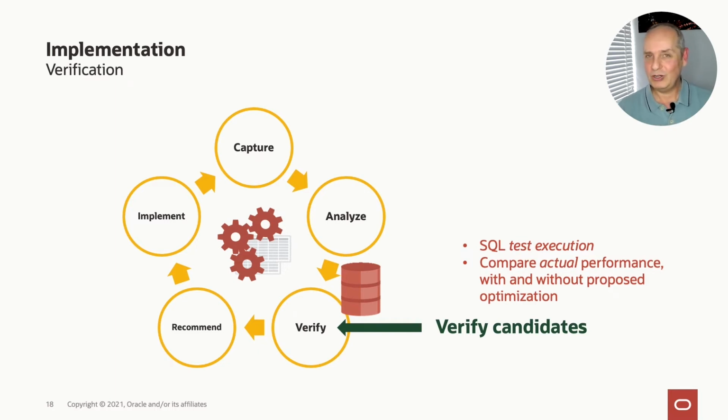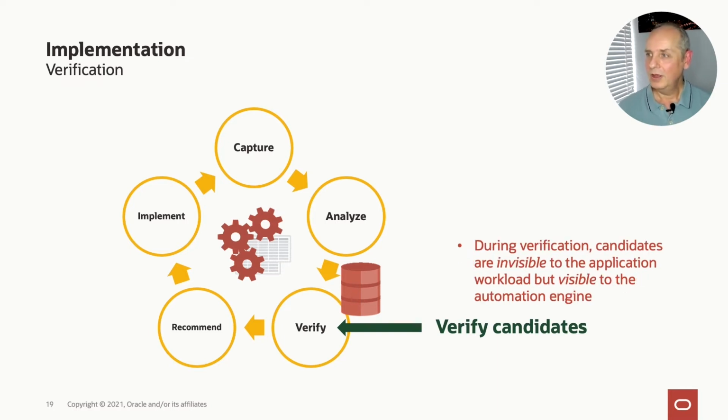There's also a trick in which we can hide that from the workload. So in other words, this is something we can do without the workload seeing these changes in advance. So to summarize, what we're doing is we are looking at what objects we might want to create. We can actually create those and keep them hidden from the workload until we have verified that those objects do actually add benefit. So to do this, depending on the type of structure we're using, we can make them invisible. So they are there, but the workload cannot see them.